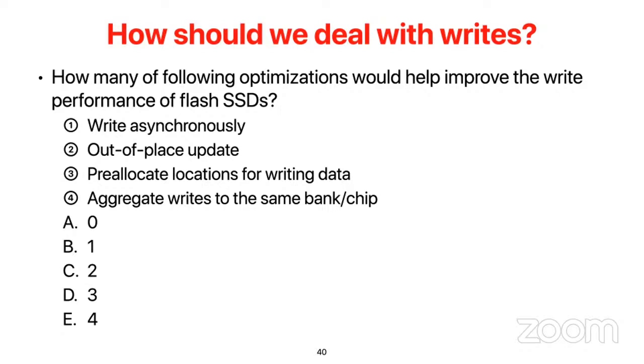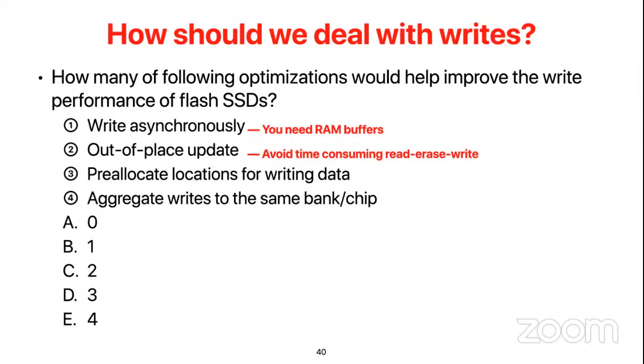Okay, so if you look at this, think about this. First of all, why do we want DRAM buffers? Why do we want to write asynchronously? Because it will improve the performance, and we also need DRAM buffers for that. And out-of-place update avoids time-consuming read-erase. Pre-allocation, so you have a free list and garbage collection when the free list is low. And why not aggregate writes? Because